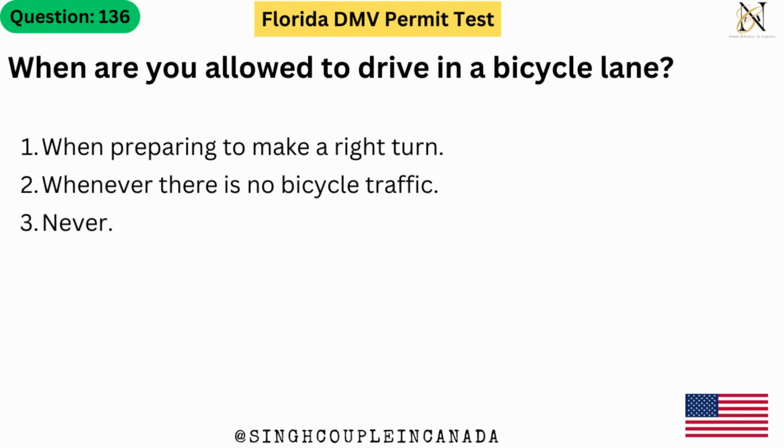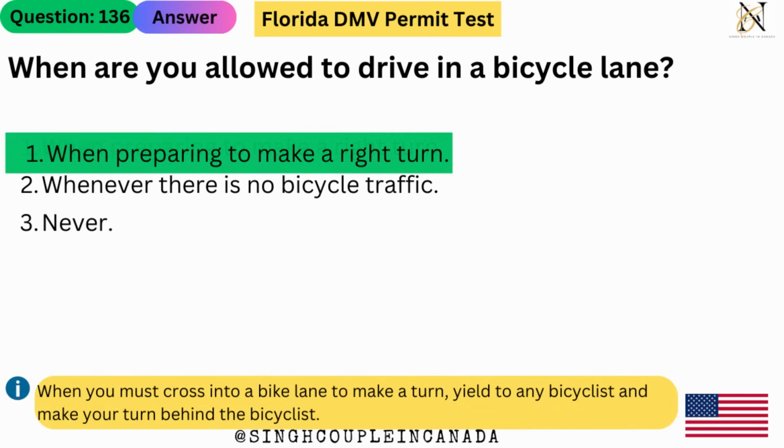When are you allowed to drive in a bicycle lane? 1. When preparing to make a right turn. 2. Whenever there is no bicycle traffic. 3. Never. The answer is 1. When preparing to make a right turn. When you must cross into a bike lane to make a turn, yield to any bicyclist and make your turn